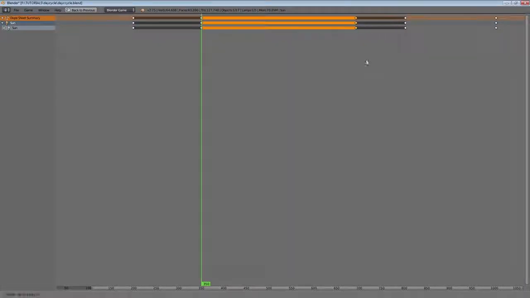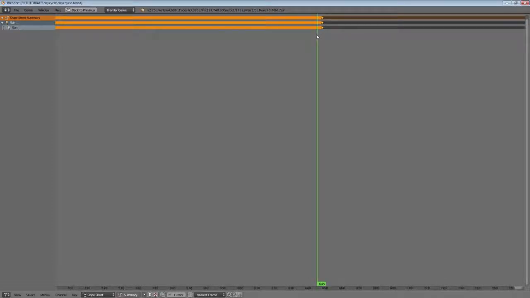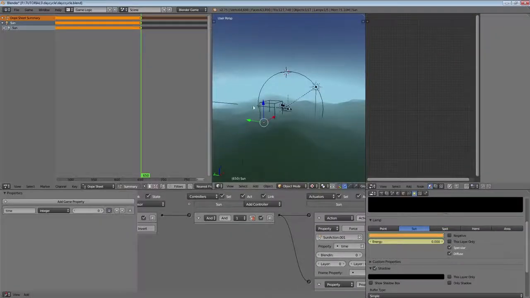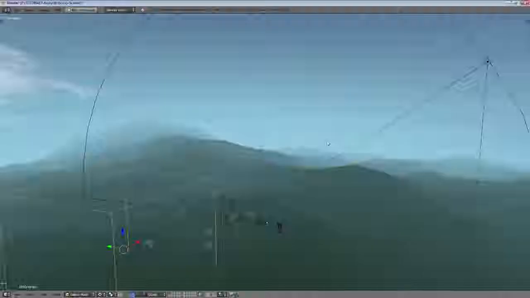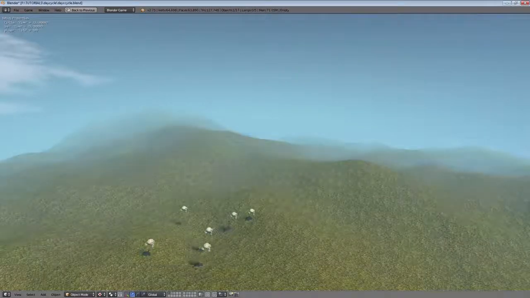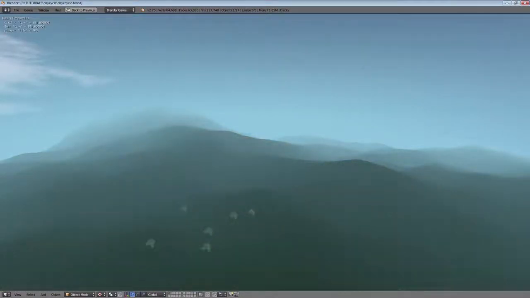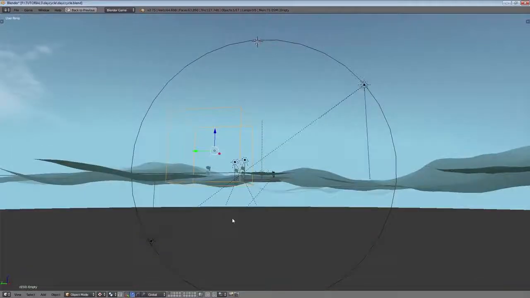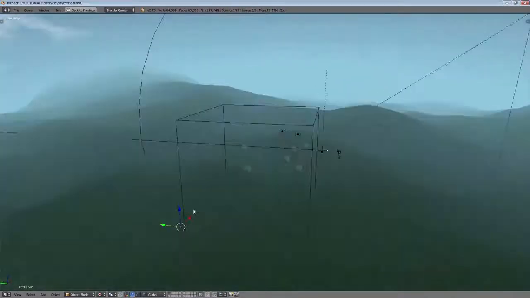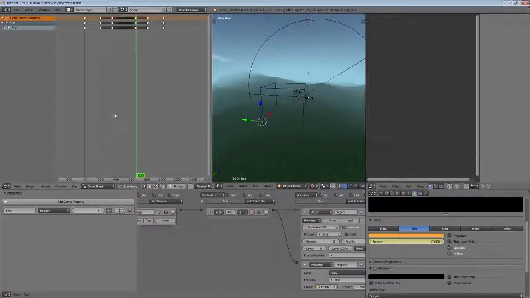So this one's gotta go to 650, if I'm not mistaken. Right. And let's make the speed go a little slower here, like this. And that's looking pretty good. Let's see for the morning. Yeah, that's nice. So the next thing's gonna be our moon, and the moon's kinda gonna have the same keyframes